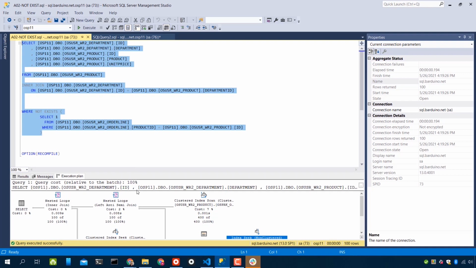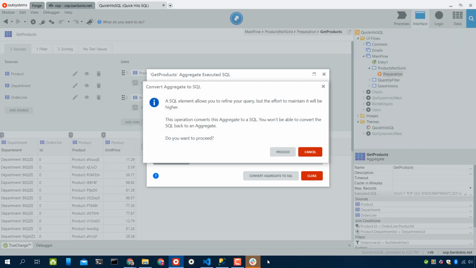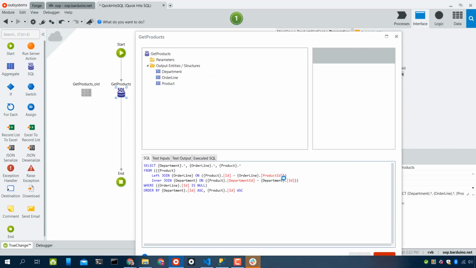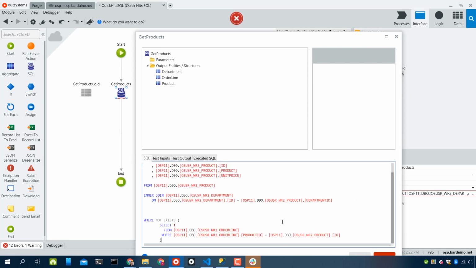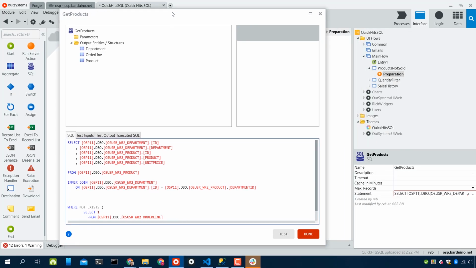Okay, so I'm going to copy the query. I'm going to go back to my Service Studio. I'm going to say convert this aggregate to SQL. Okay. And now all I need to do is, well, not just all, but now I can just paste the query over here. I will need to rewrite it a little bit because it is using the format from the SQL Server. And also, most important, is